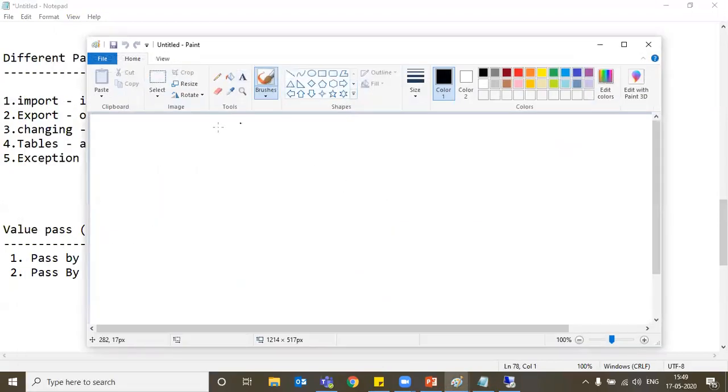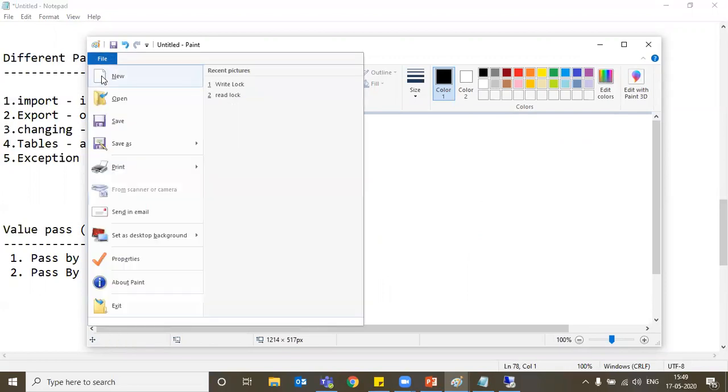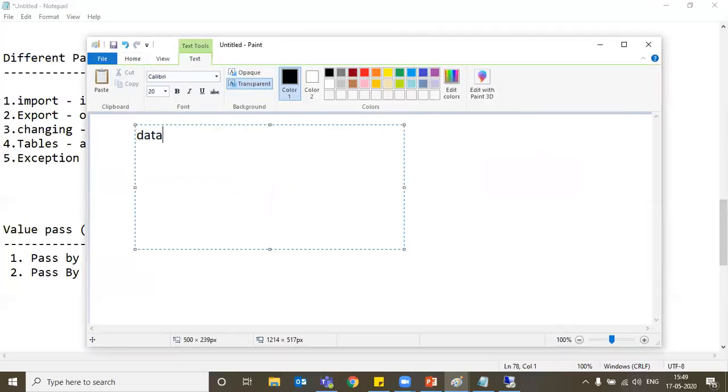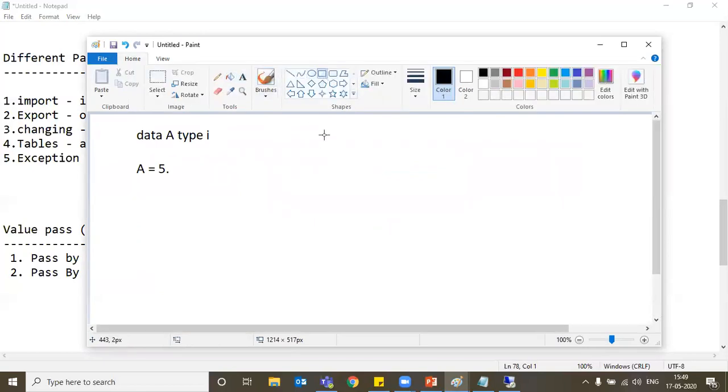suppose there is a value, let's say I am declaring data type I. Now I'm assigning a is equal to 5. Got it? Now this is my statement. What happens in general, how does it get stored in the backend? In the backend, let's say this is the memory which has been allocated.